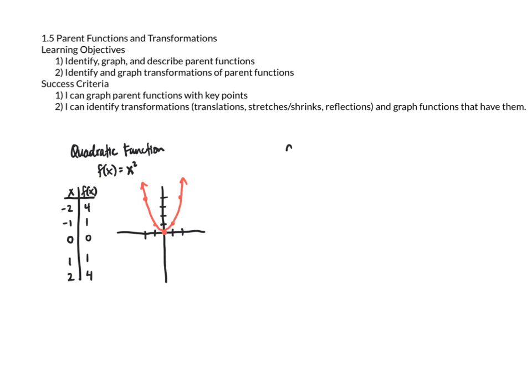Now let's look at a cubic function. So we're talking about f of x equals x cubed. So again, I want to have some points that I could use in order to see what this looks like. So I'm going to pick, again, 0 for my middle point, 1 and 2, negative 1 and negative 2. So when you cube negative 2, you get negative 8, negative 1 cubed is negative 1, 0 cubed is 0, 1 cubed is 1, 2 cubed is 8. So when you graph this parent function,